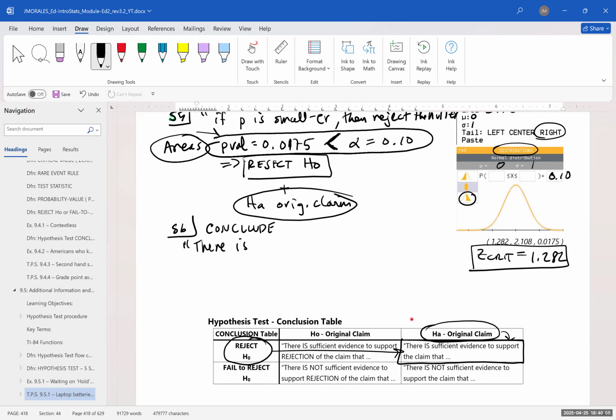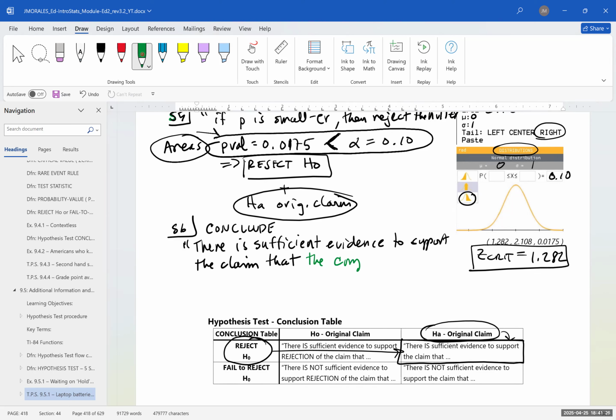There is sufficient evidence to support the claim that the company's laptop batteries